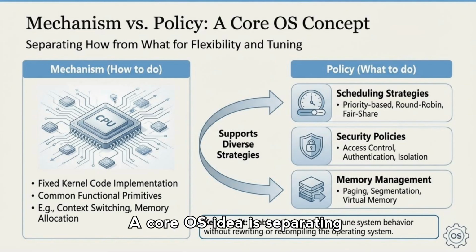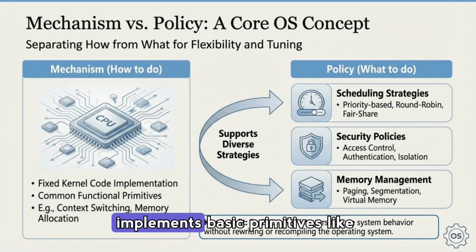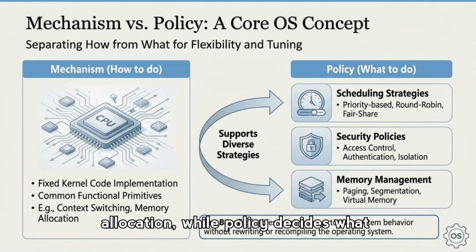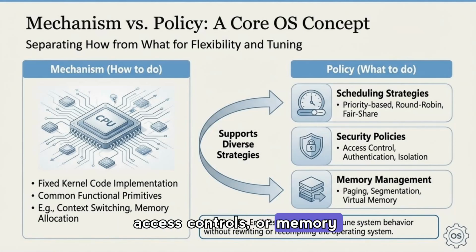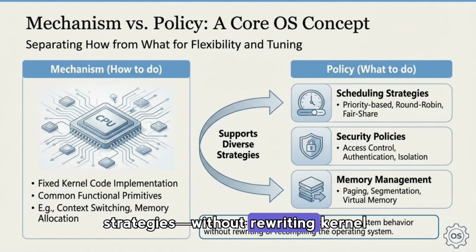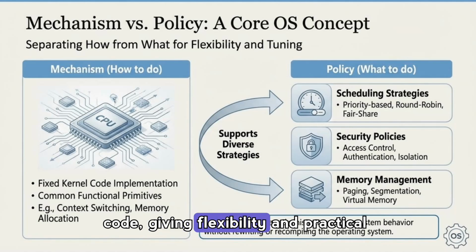A core OS idea is separating mechanism from policy. Mechanism implements basic primitives like context switching and memory allocation, while policy decides what to do, such as which scheduling strategy or security rules to apply. This separation lets administrators tune behavior, priority schemes, access controls, or memory strategies without rewriting kernel code, giving flexibility and